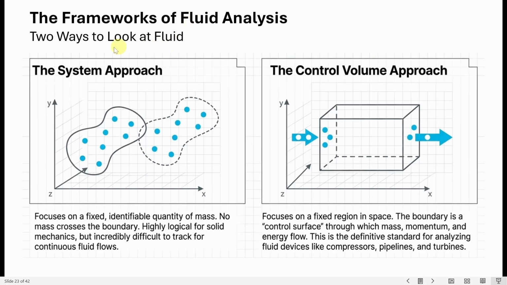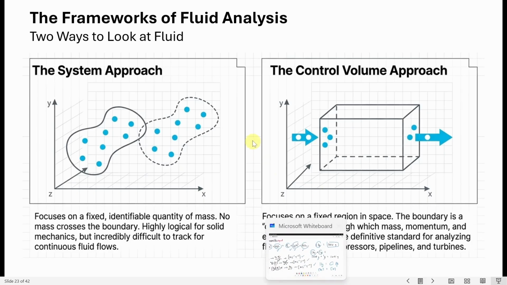These are two different ways to look at fluid, basically, and not only fluid, but this applies to different subjects such as thermodynamics. So anything that is related to physics, you will have these two approaches, even in mechanics, engineering mechanics. Okay,